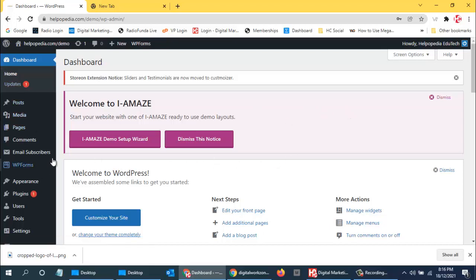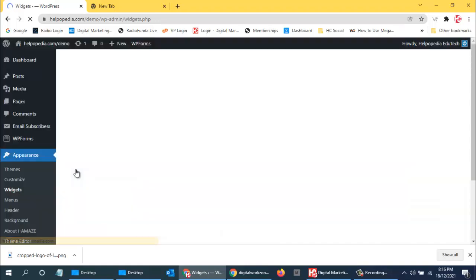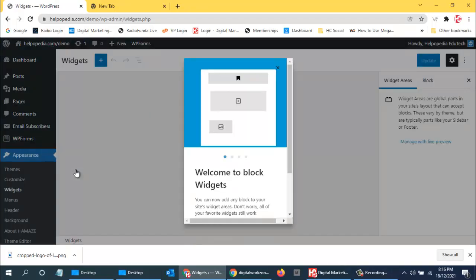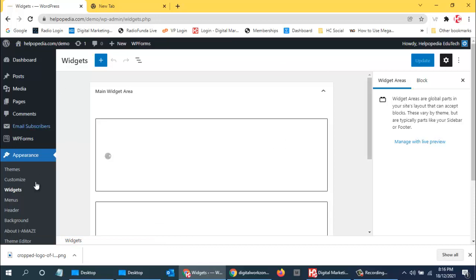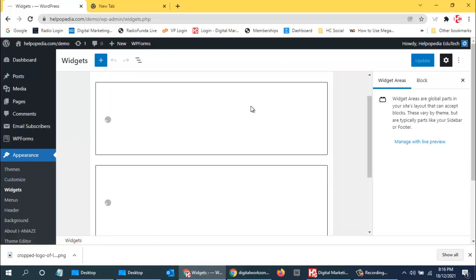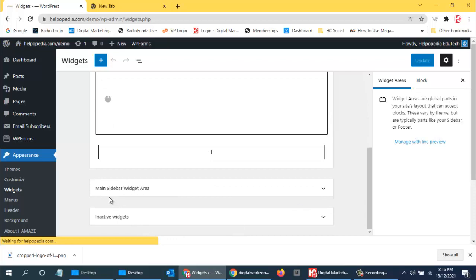Okay, so now let us check the widgets over here. Widgets on the sidebar.